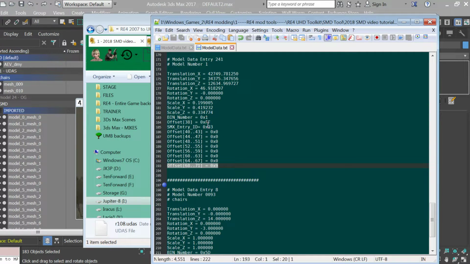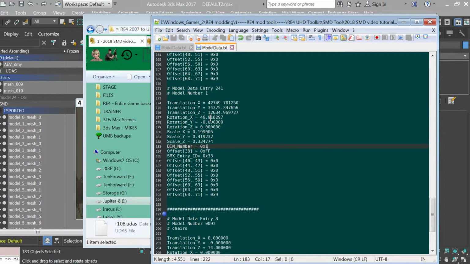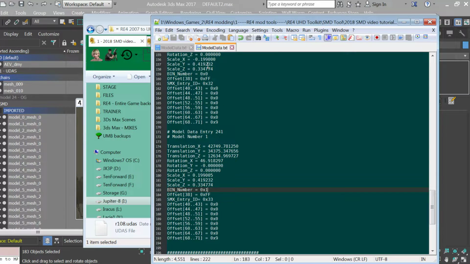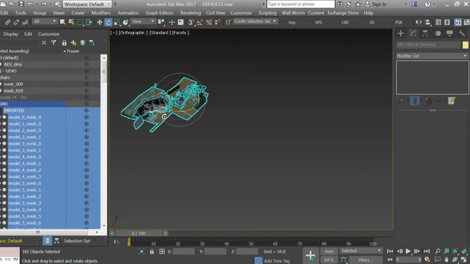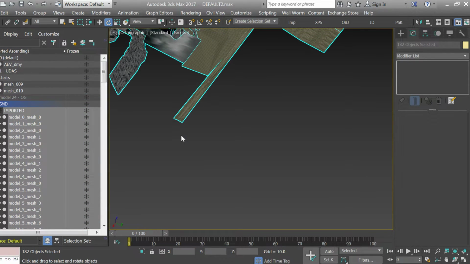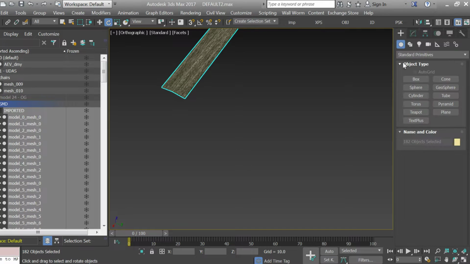Now, we can actually change the model of these. We could change all the Type 9s to a dummy model, which is what I do. So if I'm going to create a new stage and I don't want to use any of those moving models, but if I want them to go away for whatever reason, I can, for example, we can,